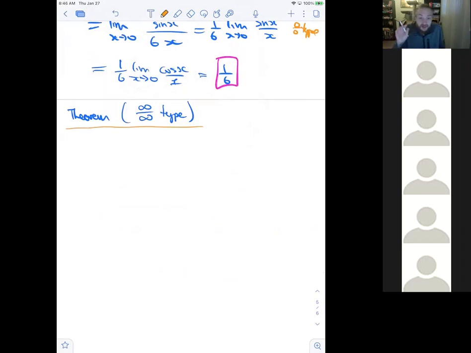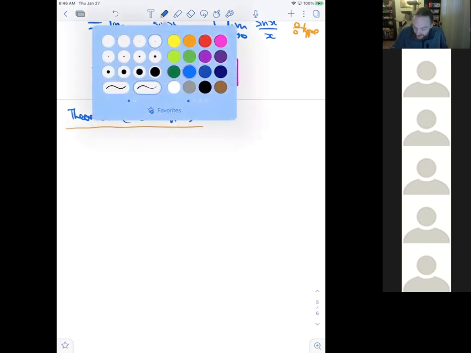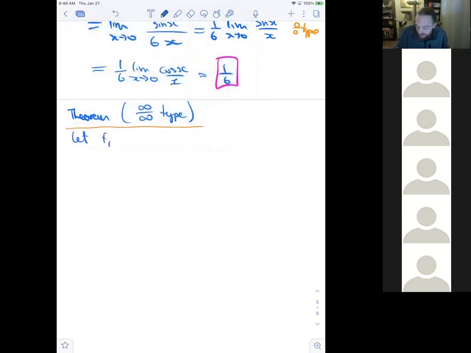These two theorems are the only way, again, that you're actually allowed to take the derivative of the top and the bottom if you have 0 over 0 or infinity over infinity. So what's it going to say? Let f and g be differentiable in an open interval with a inside there, be such that